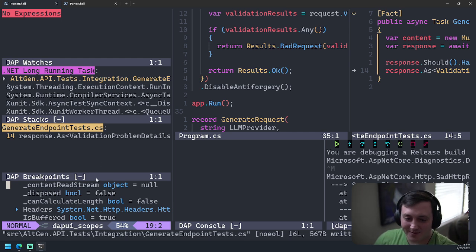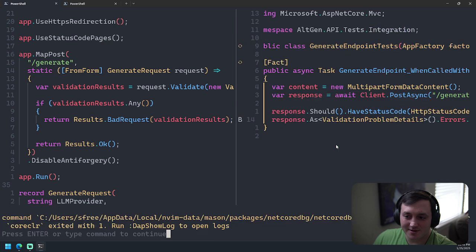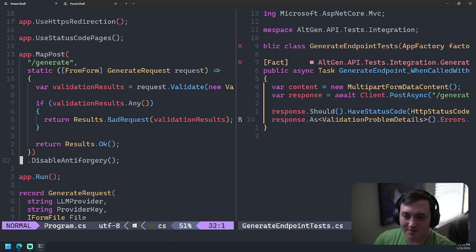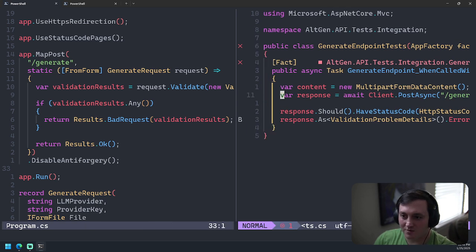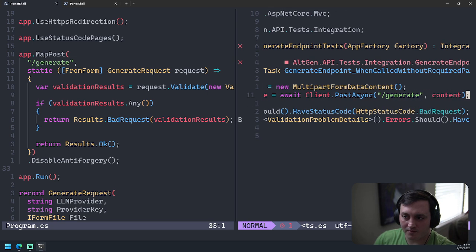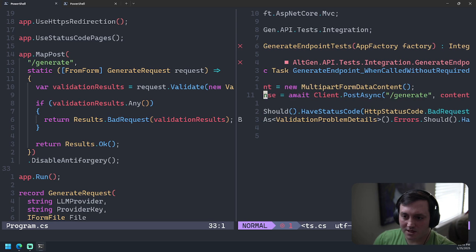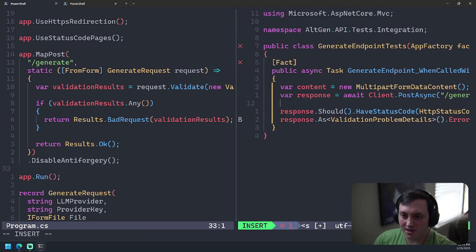Okay, I don't even know what I'm trying to do here. I'm trying to get this endpoint to work. So what I'm trying to do is figure out why my response content isn't what I expect it to be. But let's get the response content and take a look at it.